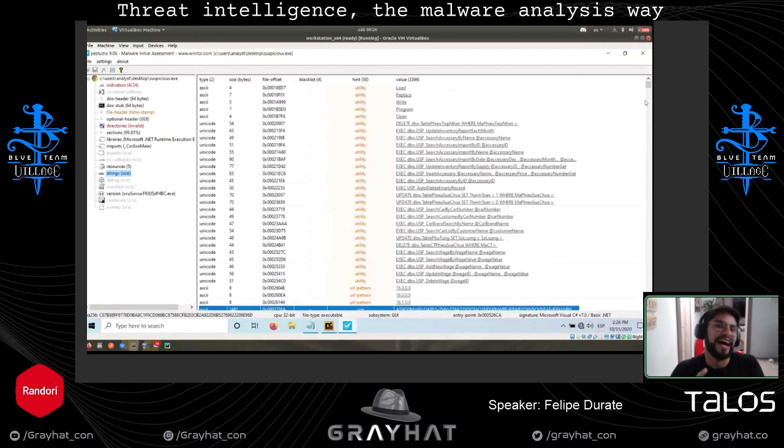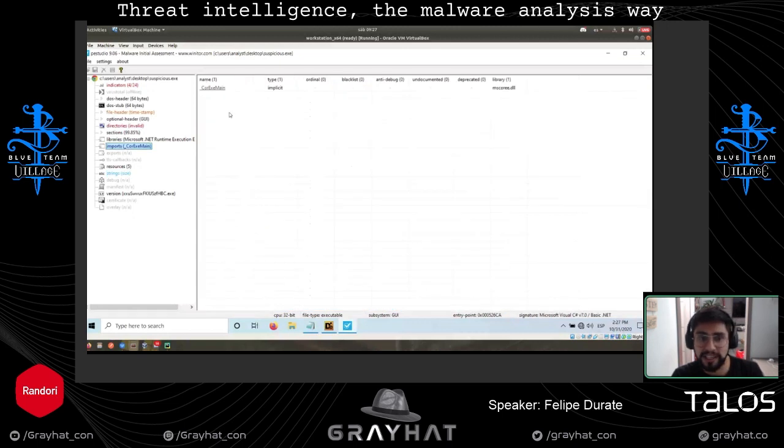And that's it. So at the end of our static analysis, what is our conclusion? Well, a lot of garbage and database-related strings. That's my conclusion. About the imports, I cannot say anything because it is a .NET file. Because it is a .NET file, it only uses one, so I cannot determine any other import. Have that in mind.